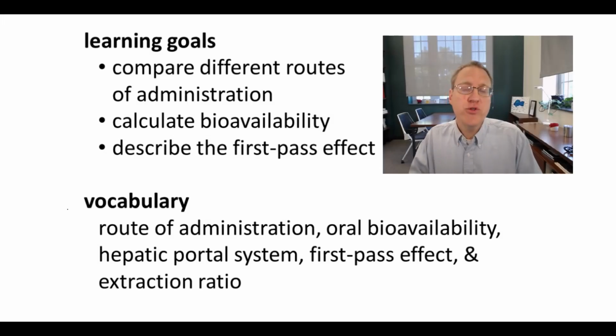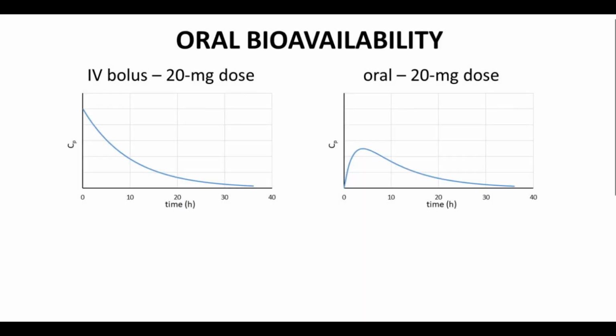Let's compare two different routes of administration. Let's calculate an oral bioavailability, and let's also try to describe this idea of the first pass effect. Route of administration has an effect on drug exposure. The FDA recognizes over 100 different routes of administration, but we'll just discuss two: the intravenous or IV bolus and